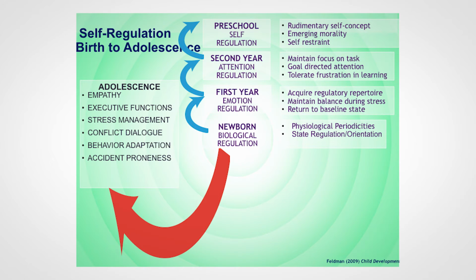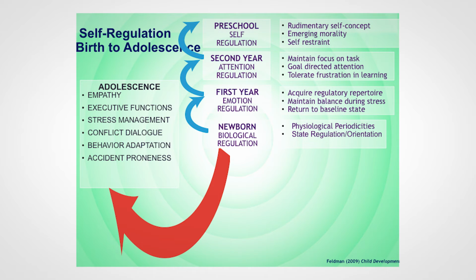Interestingly, in those studies that we followed children from infancy to adolescence, we also measured emotion regulation. And emotion regulation also has a developmental trajectory from physiological regulation in the newborn stage to emotion regulation in infancy to attention regulation in the second year and self-regulation in the preschool years. And interestingly, those predicted the same developmental outcome in adolescence using the same step-by-step mechanism as well as direct continuity